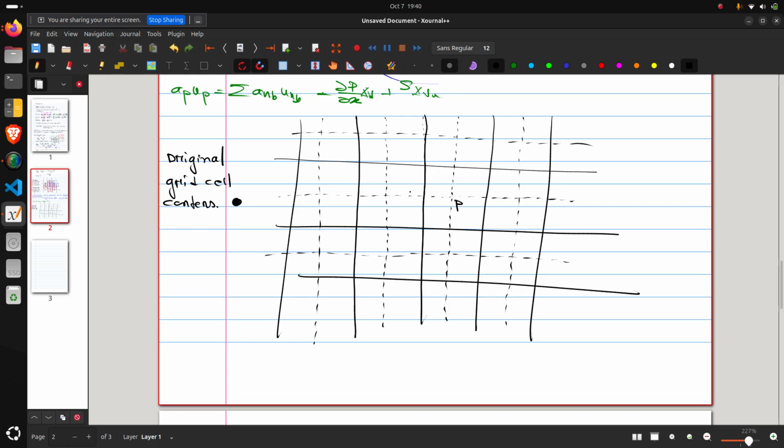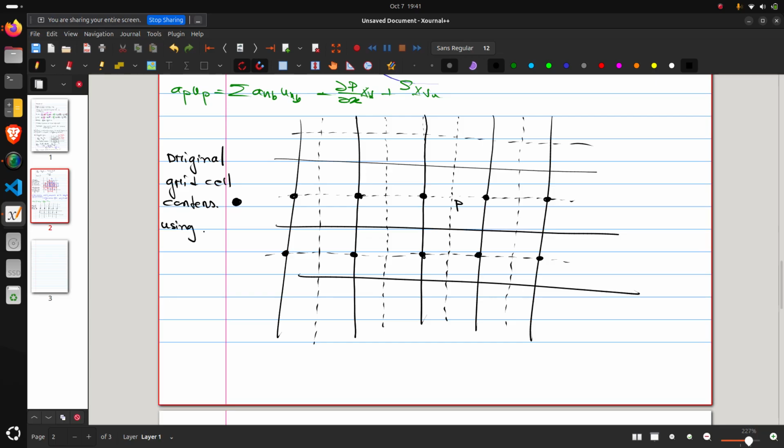So what are the cell centers? What were the cell centers here? This was the original grid point cell center, right? The dotted line represents the boundaries of the original grid point. So these are the grid point cell centers, and these are the faces. And the faces we will represent using cross symbols. Okay. The faces are the staggered grid cell centers,